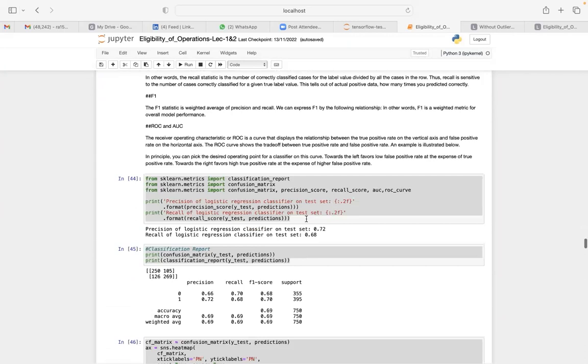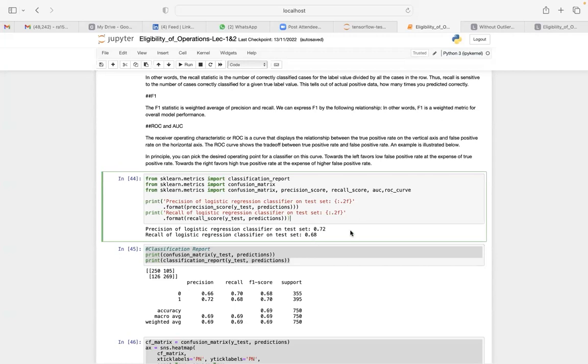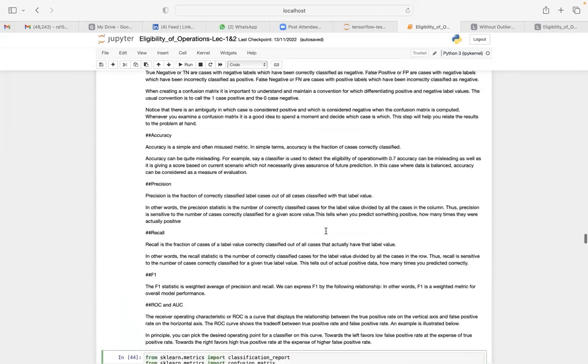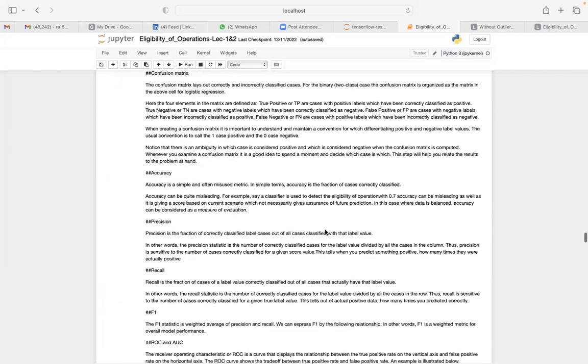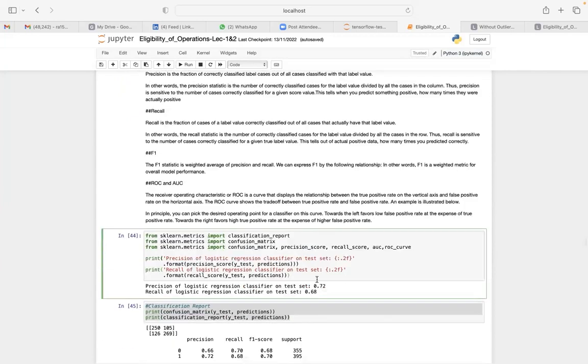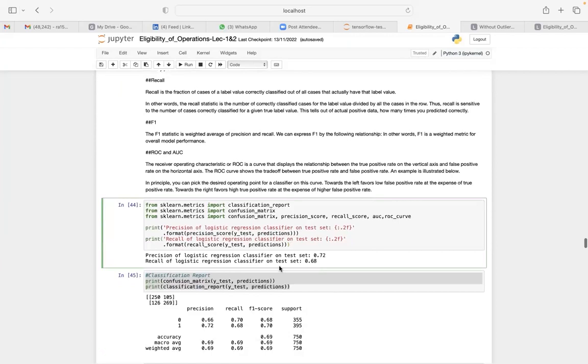So moving on to the classification report. If you don't have scikit-learn metrics, then you need to install it and then import classification report, confusion matrix, precision, recall, and AUC, ROC, everything. Right now we have seen that we were getting 68 or 69% accuracy. Okay, 69%. But when we see the precision of the logistic regression classifier on the test set, it is saying 0.72, and recall is 0.68. Okay. Now,